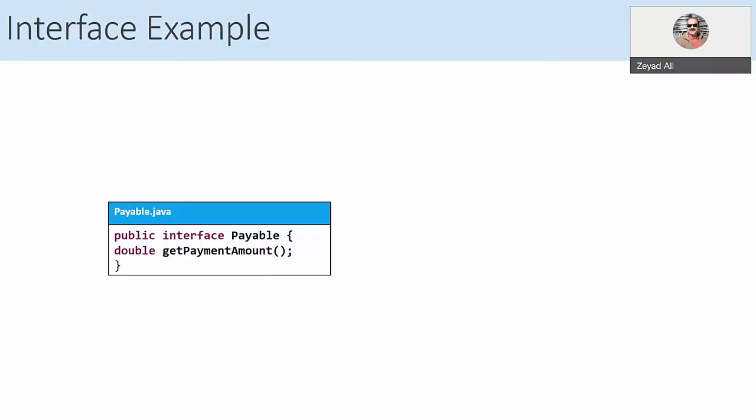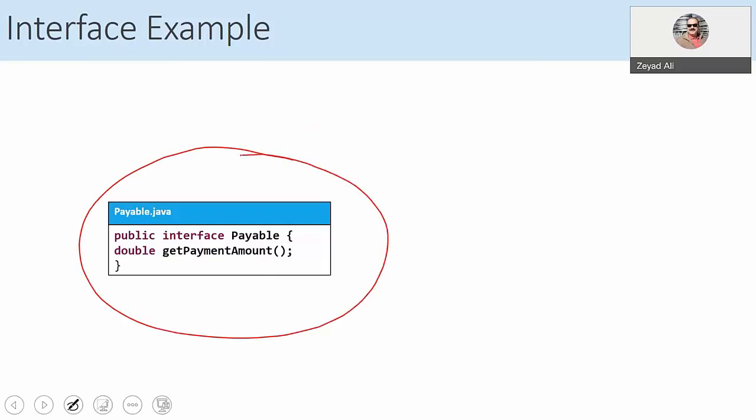This is an interface, public interface payable. This is an interface called what? Payable. How many methods are there in the interface? One method. What is it? What is the method? Get payment amount. Only one method in the interface. Okay.